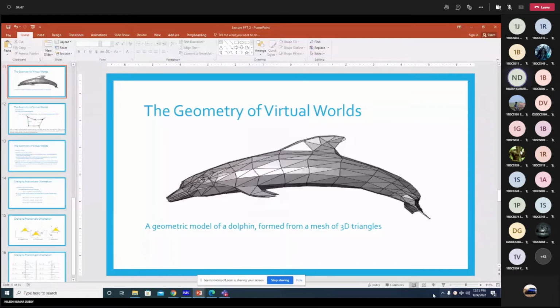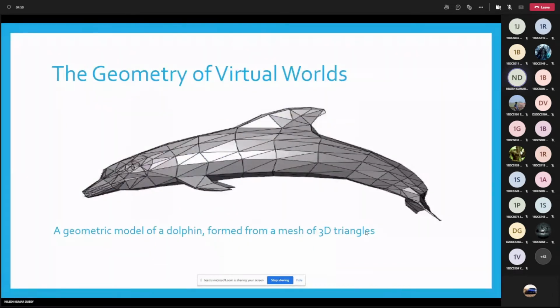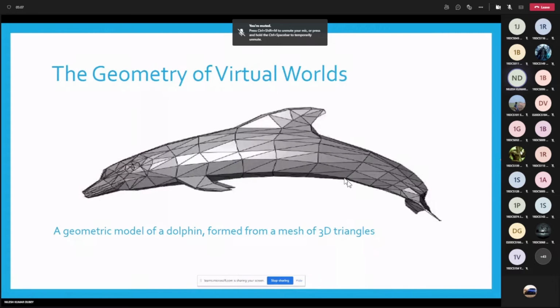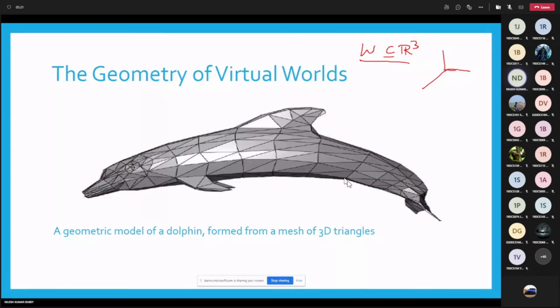Okay, so if you remember the last lecture, we started a topic that is geometrical modeling for virtual world, in which we have considered 3D Euclidean space. If you remember, in the previous lecture I said that if my virtual world is going to be represented by a notion W, then it is a subset of my 3D Euclidean space, where such kind of coordinates were there that I have mentioned. Right hand coordinate system we have used, so where it will be X, Y and Z